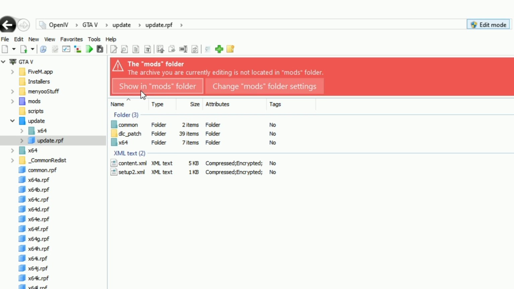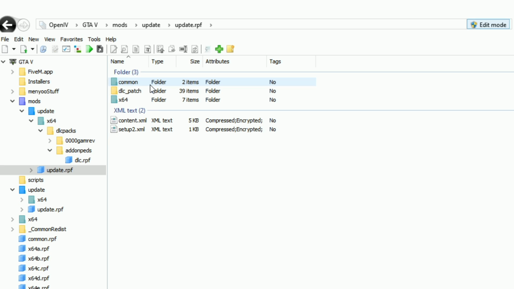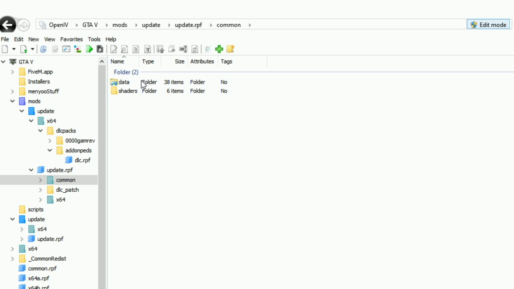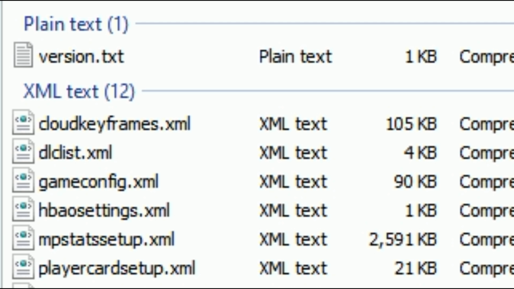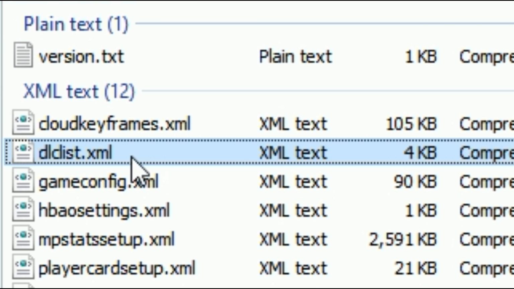Now it is going to be asking you to copy to your mods folder, okay? If you don't have it in your mods folder, this definitely will pop up, and if you have it in your mods folder, it's going to say show in mods folder. If this is your first time, it's going to say copy to mods folder. Go ahead and select copy to mods folder. Once it's copied to mods folder, the next folder we want to select is common. Go ahead and select common. Then the next folder is data. Select data, and inside here, if you scroll down to the bottom, you will see